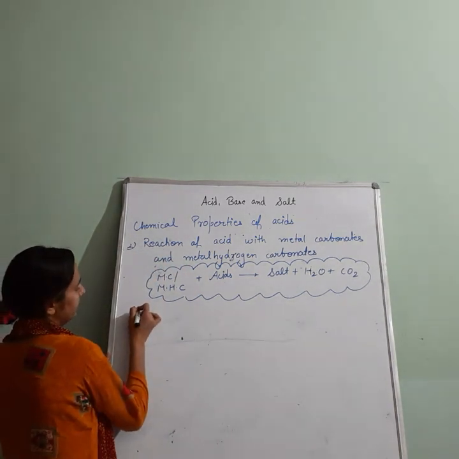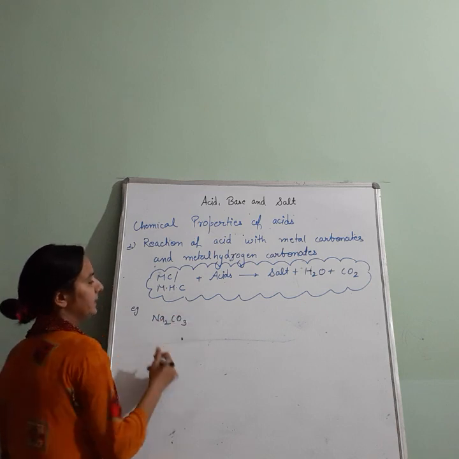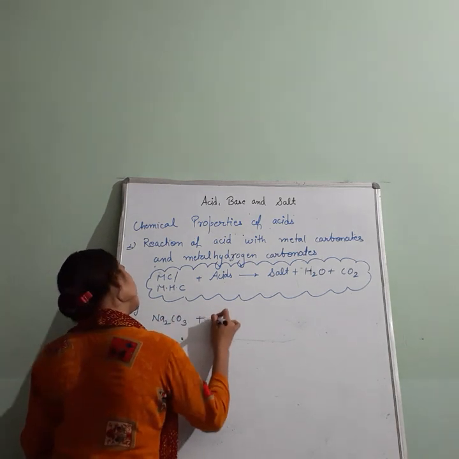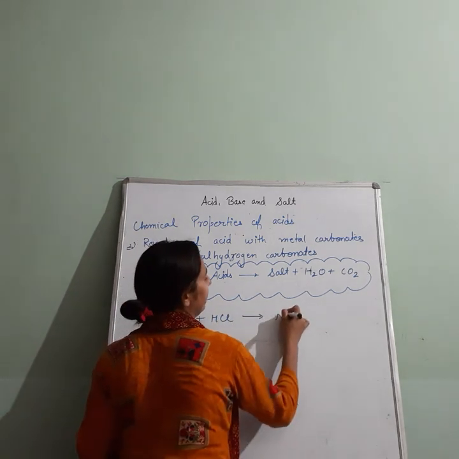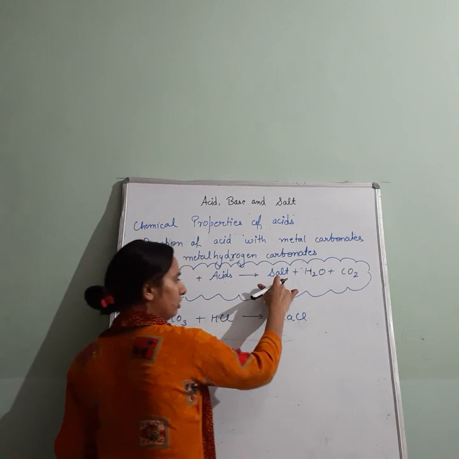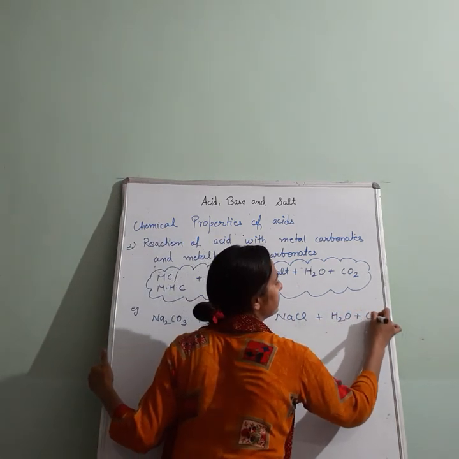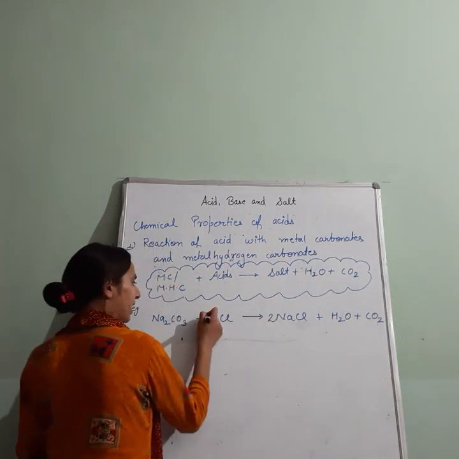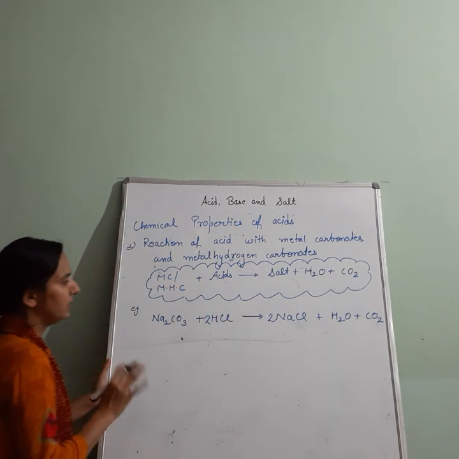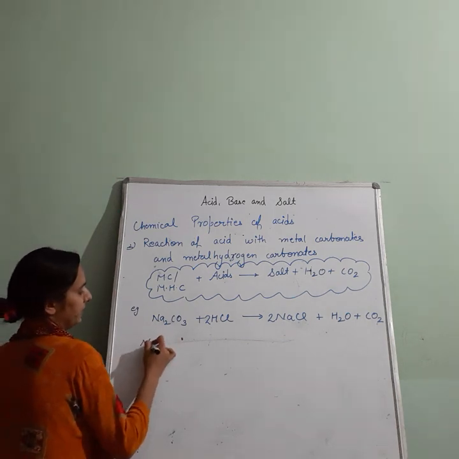For example, Na2CO3 when reacting with HCl gives us NaCl, which is a salt, plus water plus CO2. 2 moles of NaCl are formed, so we have to take 2 moles of HCl. Now the reaction is balanced. One more example,